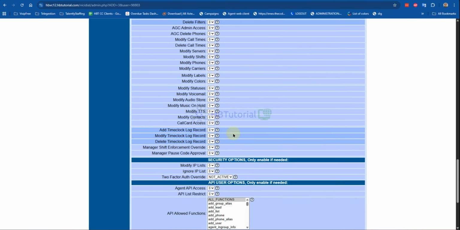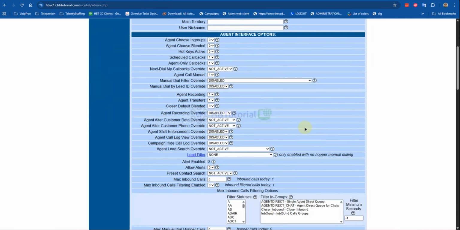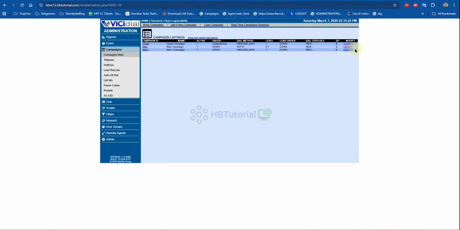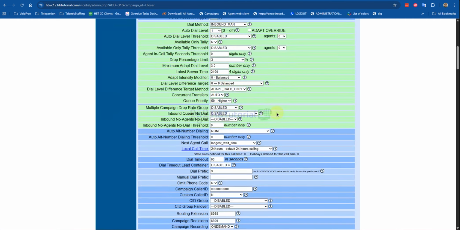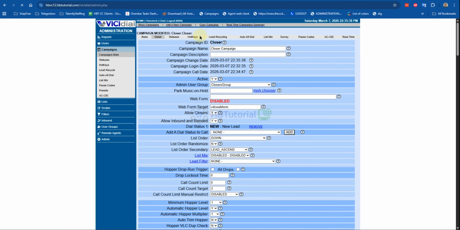You can also use the agent direct. Recording should be, you can set to all force.